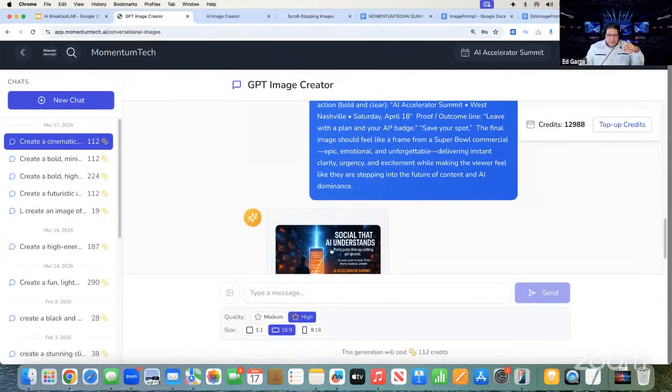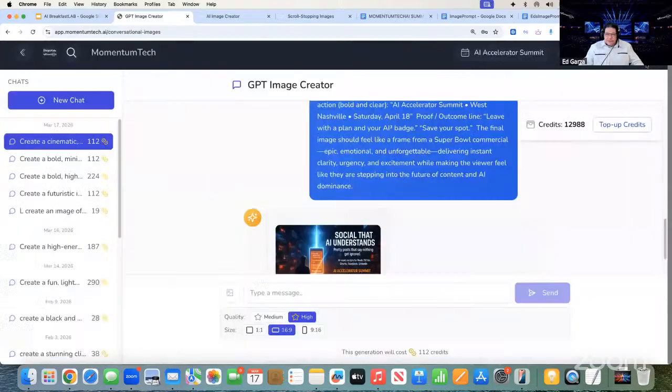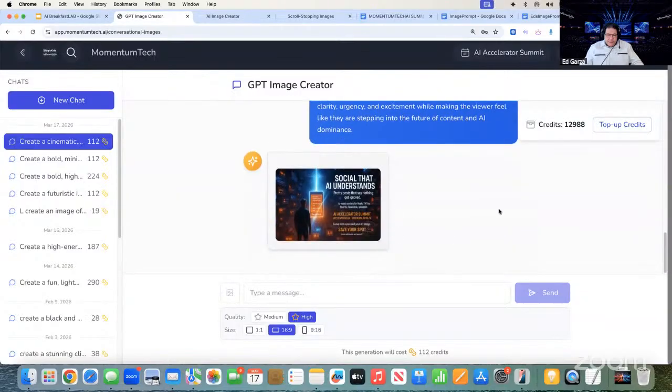So here we go. Perfect. I think it's great. Excellent graphic. Obviously, you've got room for your logo over here. You could edit any of the text that you want just by using an eraser, and we have all those tools. We're not going to spend time on that this morning, but really, really amazing graphic that you could use.